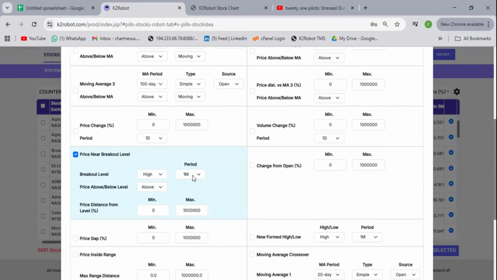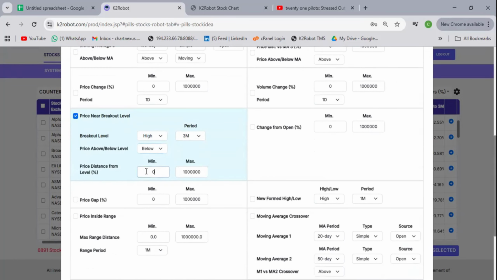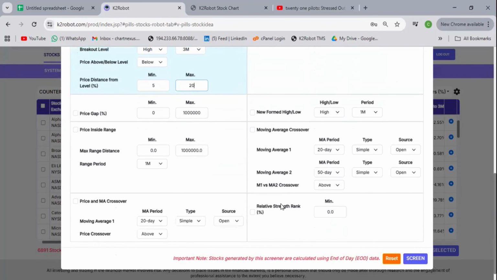So from here, for the period, we will choose 3 months. So we want to find the stock below the 3 months high and which waiting for a breakout. So the price distance here, we will put 5% to 20%. And last but not least, the relative strength rank. Again, this one we will choose 90. This 90 means that we are looking for a stock that outperforms 90% of all the stock in the US